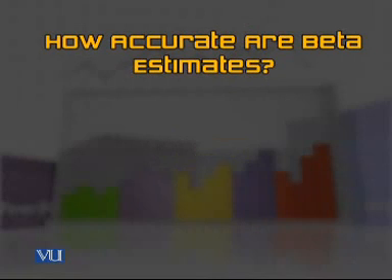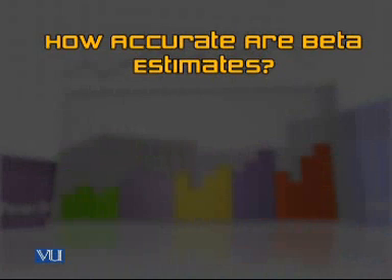Then the question will arise: how accurate are beta estimates? Since we're talking about the future, there's no such thing as accuracy. There's no such thing as certainty. It's all a good guesstimate, all about hitting the estimate right, just trying to figure out the future, which is unobservable, based on all the previous data we've collected on the security and the market. But then again, it's just an estimate. The question is, how accurate is the estimate?